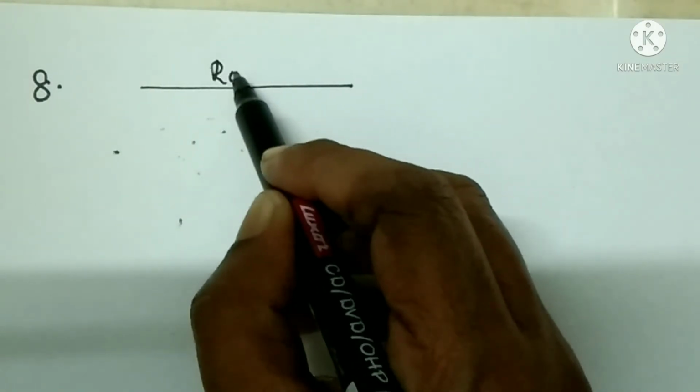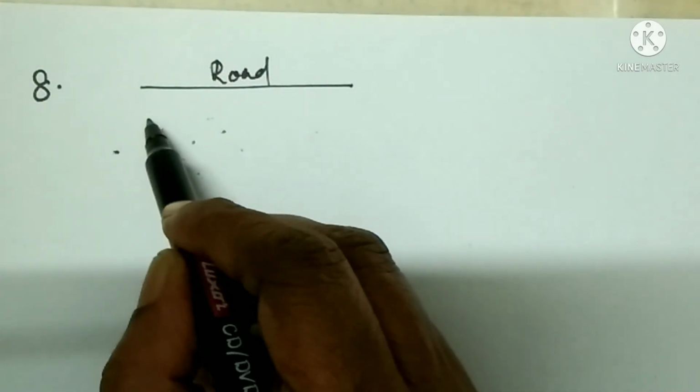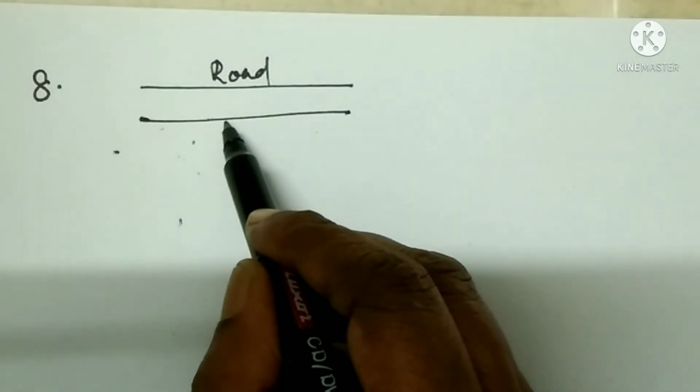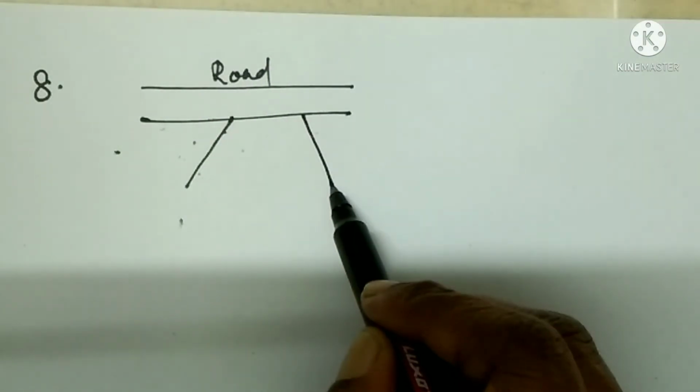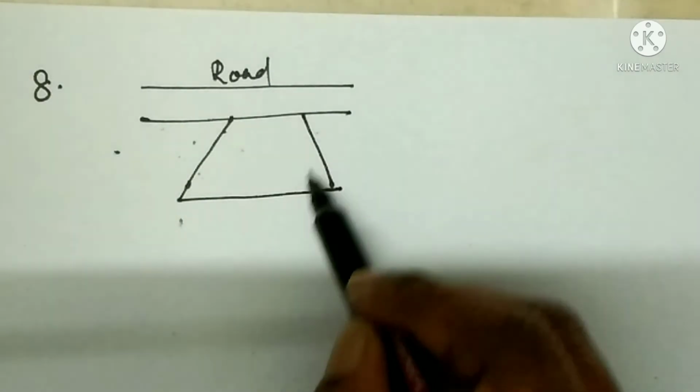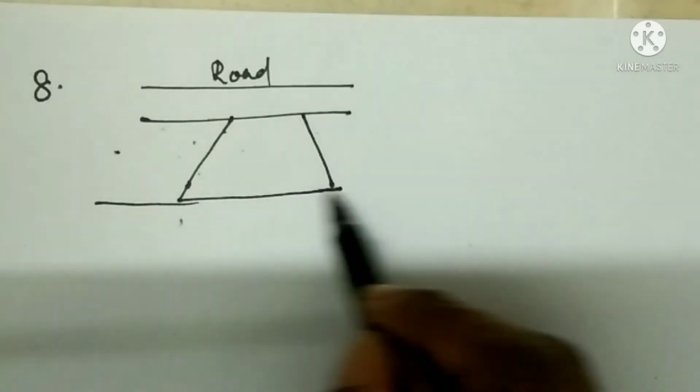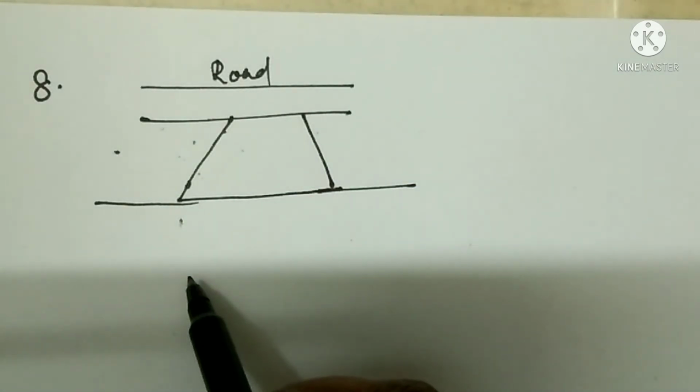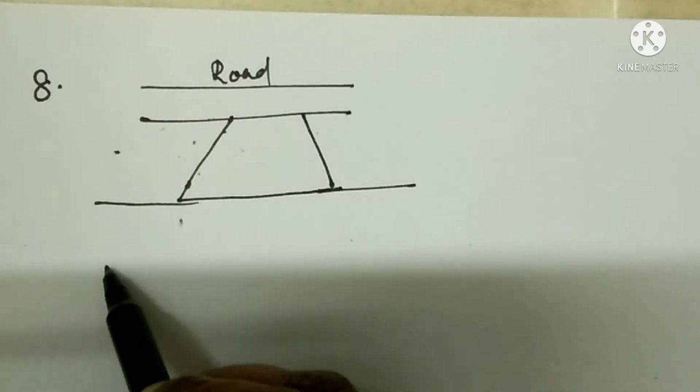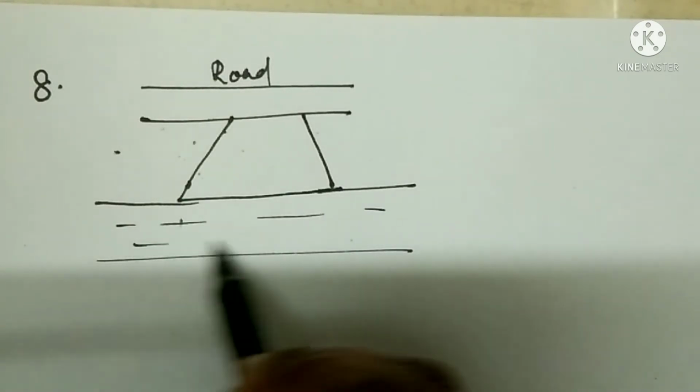Now question number 8 is, Mohan wants to buy a trapezium shaped field. Its side along the river is parallel to and twice the side along the road. That means here there is a road. Okay, here is the road, and here there is a trapezium shaped field. Now on the other side, opposite side of the road, there is a river. Okay. So here a river is there.